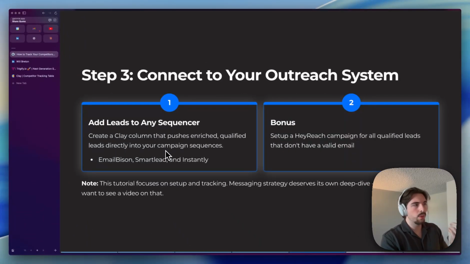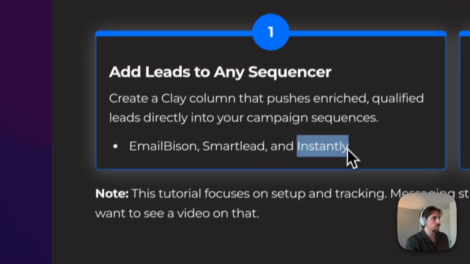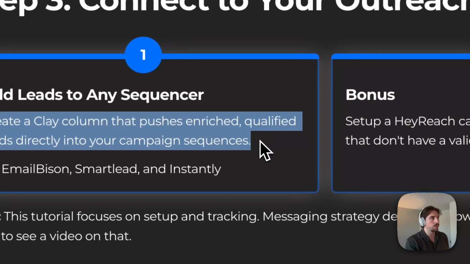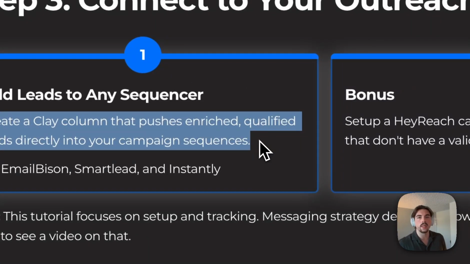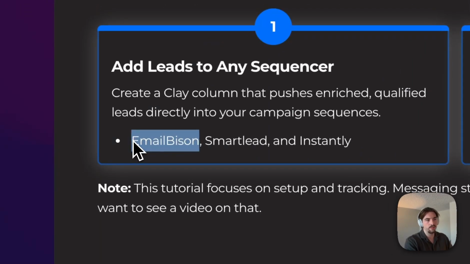So a couple options here in terms of cold emails. Email Bison is definitely what I recommend the most, but of course, Smart Leads is a great tool. Instant Leads is a great tool as well. And what we'll do is just create another column because they all natively integrate into Clay. So we'll just create another column to import those leads. And in this example, I'll show you how to do it in Email Bison, but it'll be very, very similar